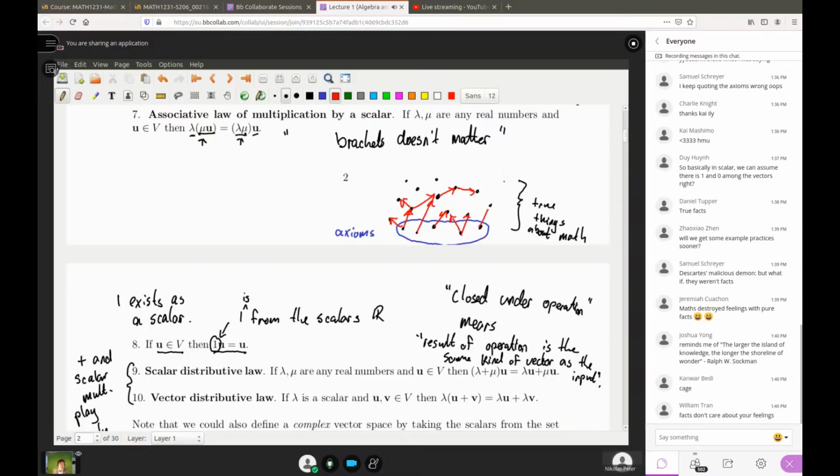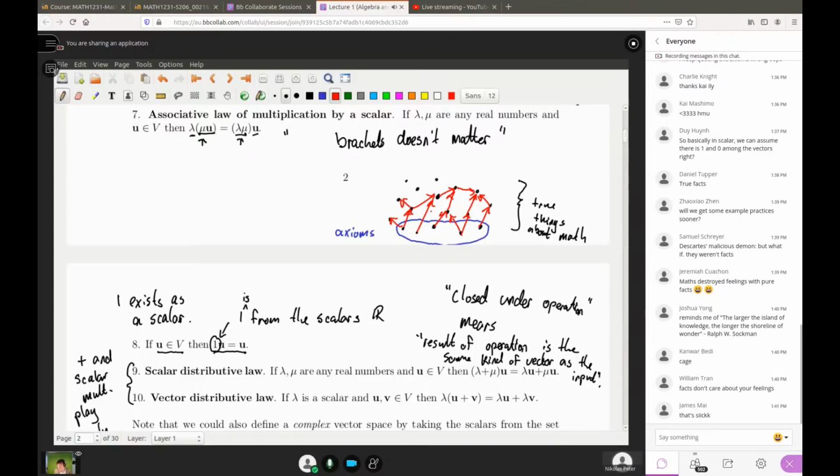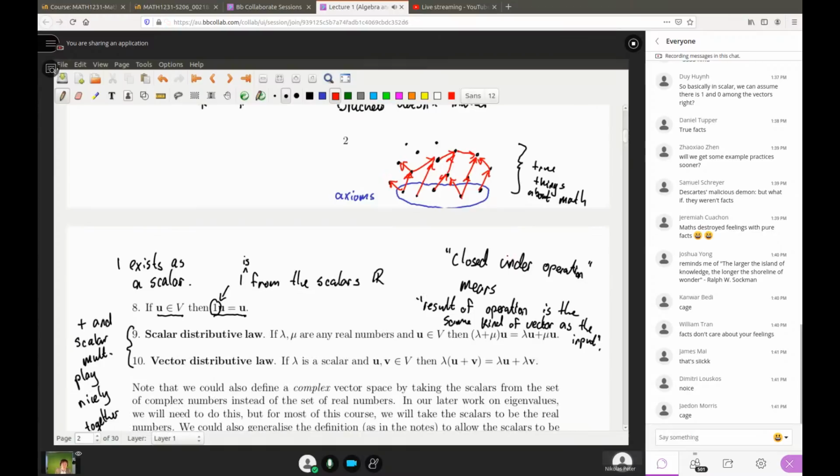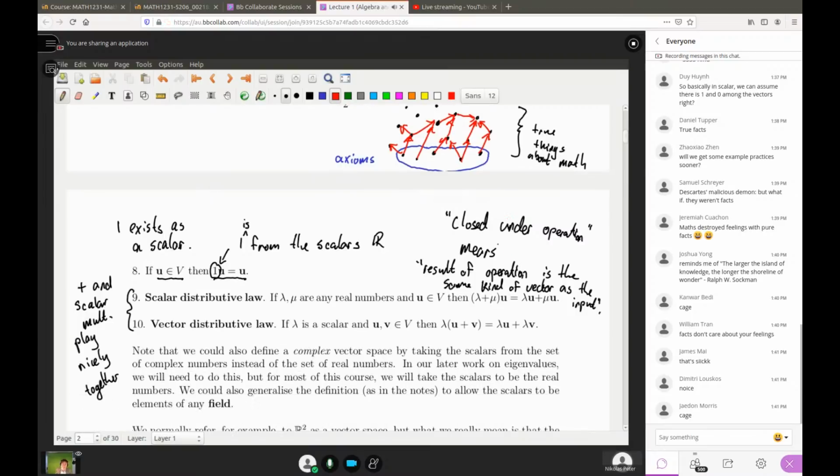So these 10 axioms we've just discussed allow you to deduce everything there is to deduce about the world of vectors. Now, isn't that cool? Wouldn't it be nice if we could just boil the world of vectors down into this core 10 truths? Would it be nice if all of life could be neatly summarized in this way? Well, actually, that can't be so.